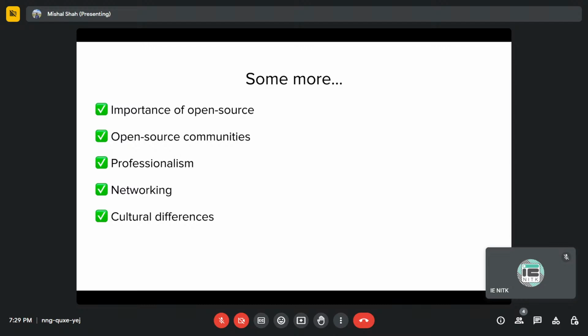A lot more importance of open source. If back then someone would have asked me why am I doing open source, my sole aim was that I want to get into Google Summer of Code. I think that was my thing. But eventually I understood, and eventually things got in. So that is there. There are a lot of good communities for open source, and they actually help you a lot in many ways, getting a job, getting used to software, etc.